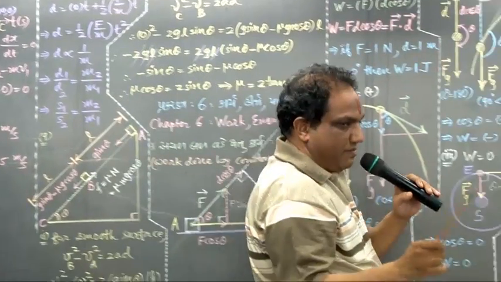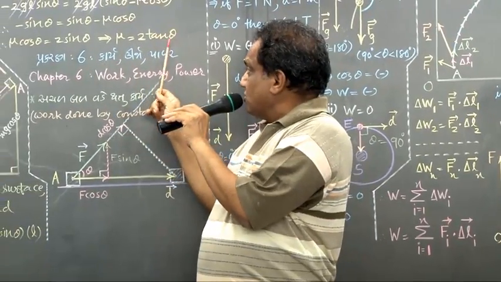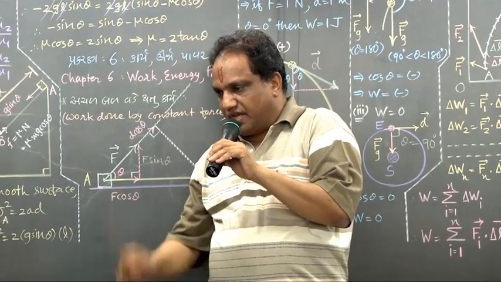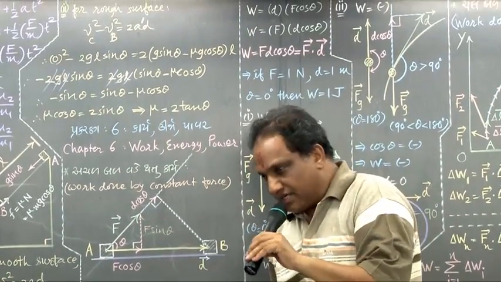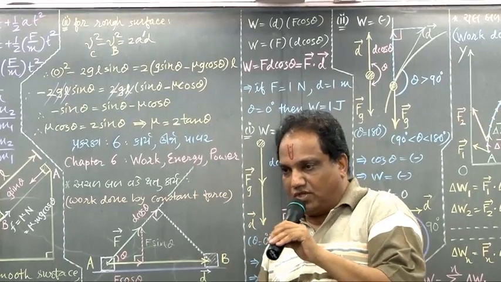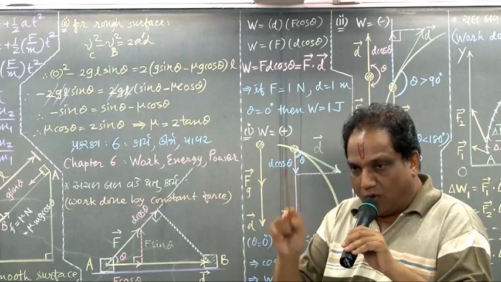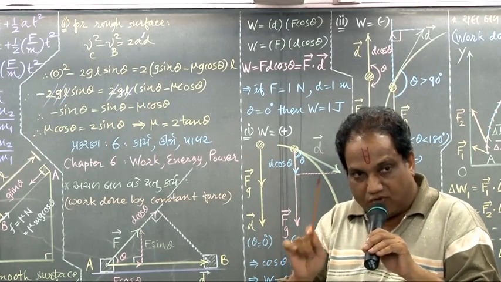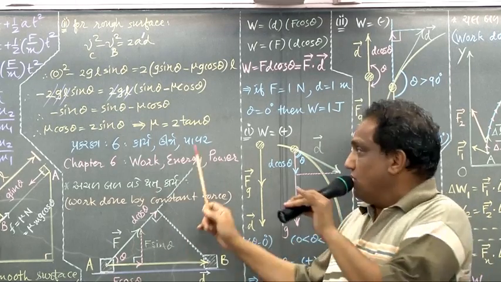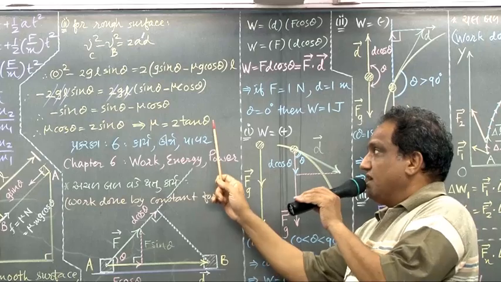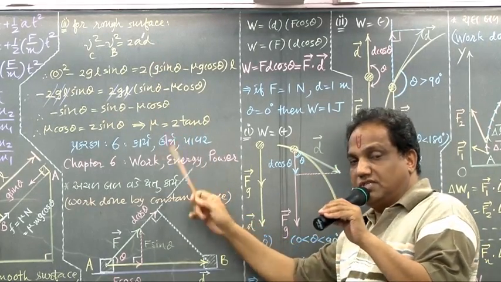Now in examination they may use this result. They may give you the value of the angle of slope, suppose 30 degrees. Then they may require you to find the coefficient of friction. Tangent of 30 degrees is 1 by root 3, into 2, that is 2 by root 3. Root 3 is 1.732, then you can find it out. Coefficient of friction is unitless. So better you remember this result also. Sometimes if they give you this value, there is no need to derive all this. You can simply use this result directly.